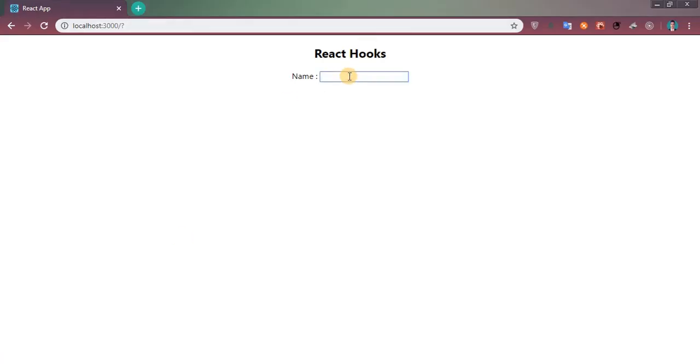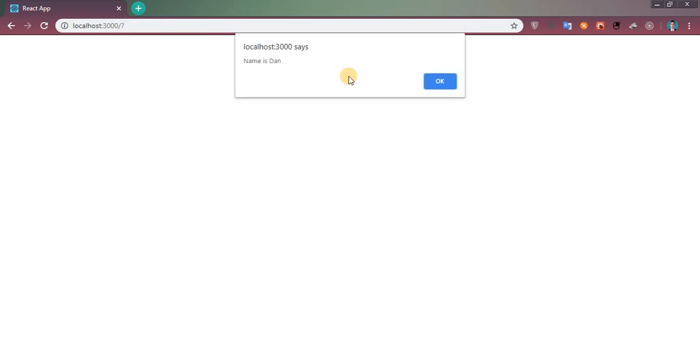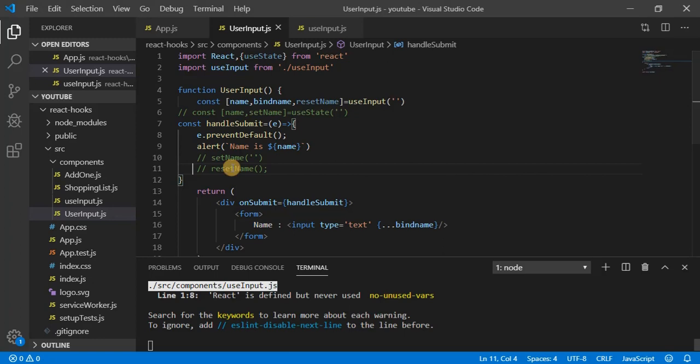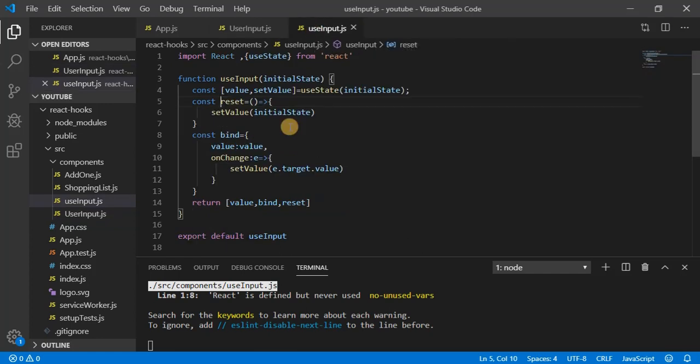Let's write Dan and hit enter. I am getting this alert, but you can see your name is still there. So this might be a very simple and useful hook which we can use instead of creating so many states and handling them again and again. So we can go with our custom hook.